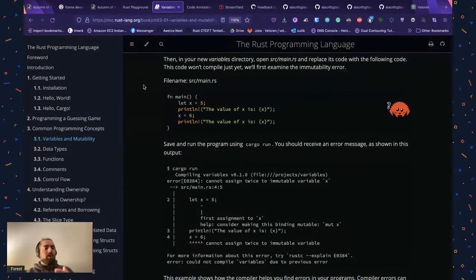Now, for a little bit of context, the Rust book, or the colloquially known Rust book, is a book that's written by people who work on the language. It's open source, it's free. You can get a paper copy of it, and I think it's a really good reference for people who want to learn Rust and have a lot of experience in other languages, and it's a pretty good reference to learning Rust if you're trying to get into languages